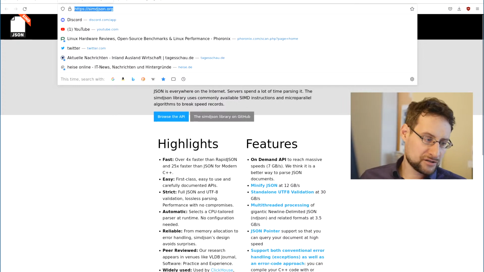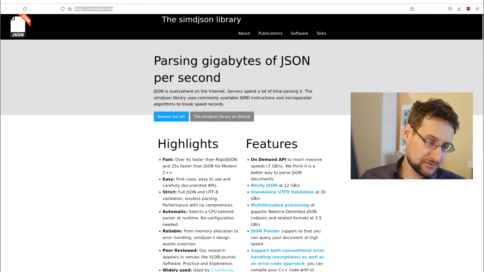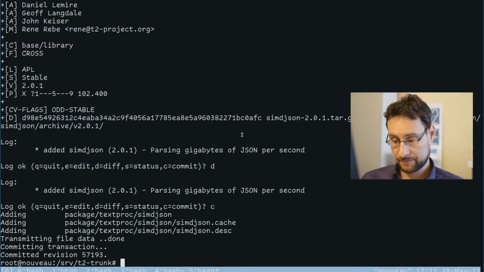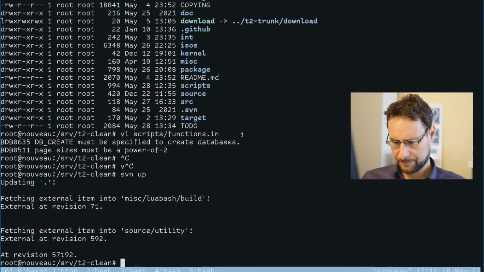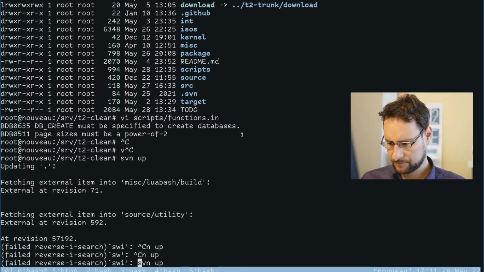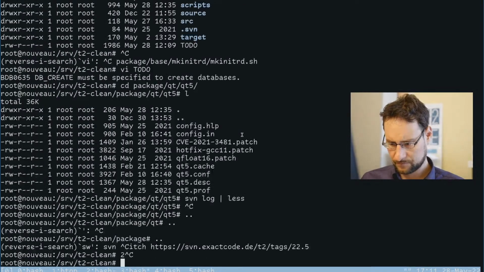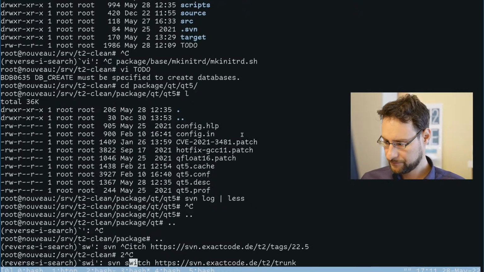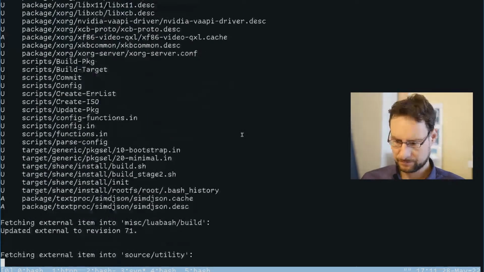T2 has one more package. I would think that it builds for all architectures. We could actually theoretically test that. You know what, let's do a little bit of extra work and try the cross compilation.